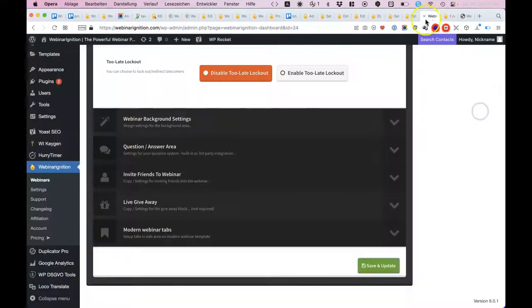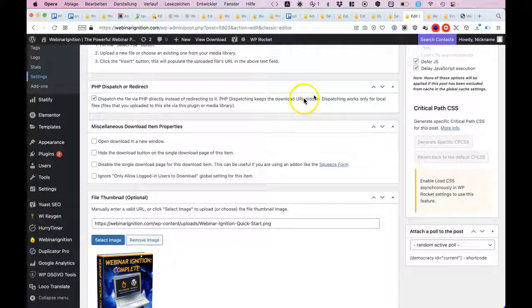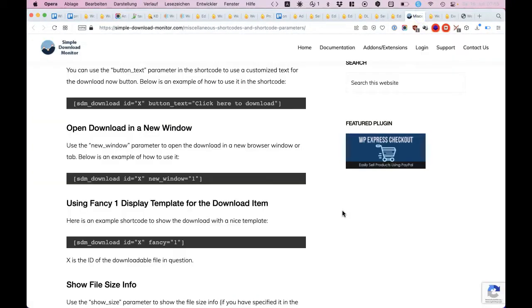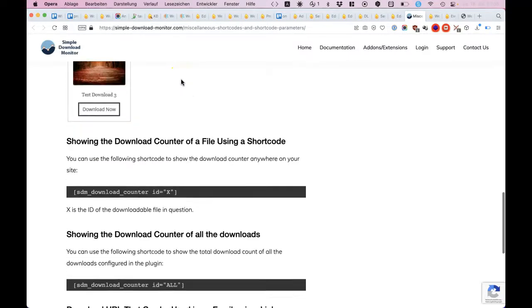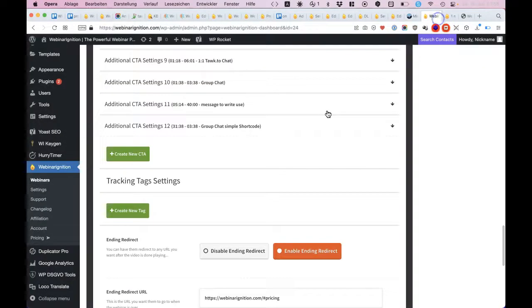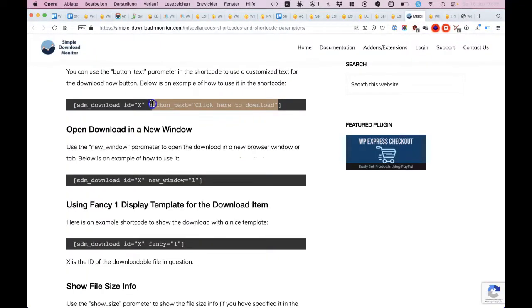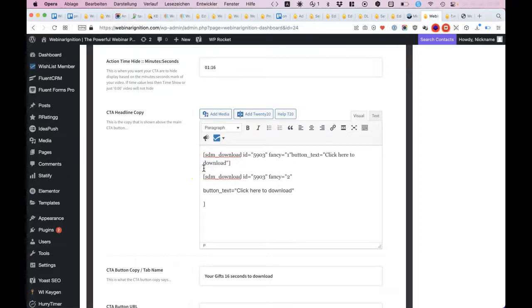Maybe you try to not use handbook PDF, but it couldn't be different. No, not possible. Okay, full documentation. You have fancy too. Okay, so I learned a lot. Here is fancy 1, the 2. I like this button text because you can directly edit the button text. Complete